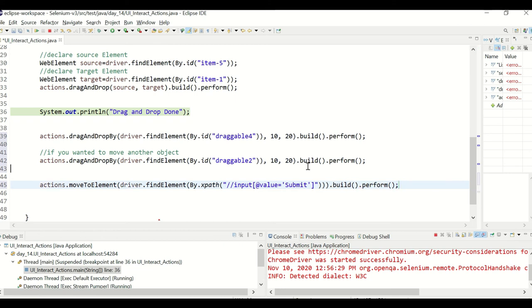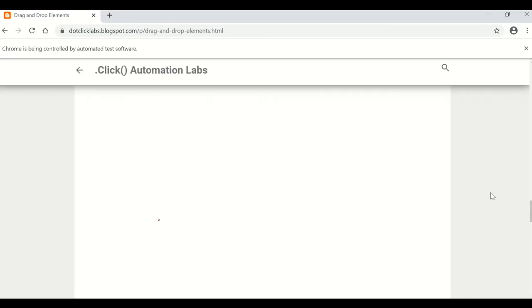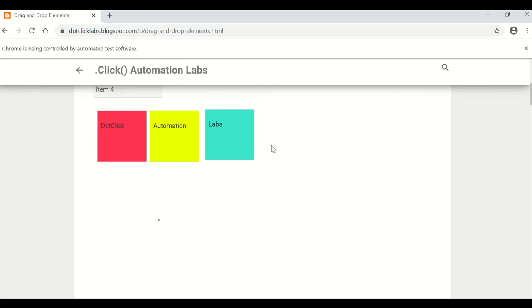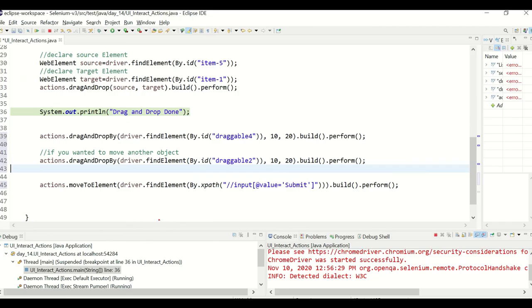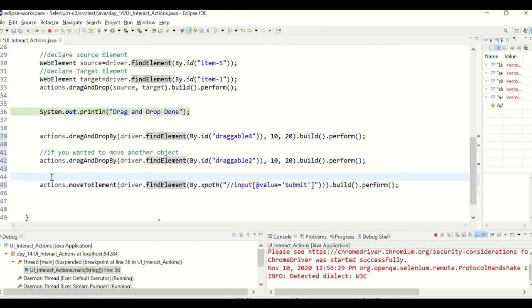Okay, guys, now you'll observe this. Okay, so now I'm closing this, and I'm moving there. This is the base state. So when I opened the application, this was the visible screen. Now run this code. This code will move the focus to the submit button or whatever the target you passed.